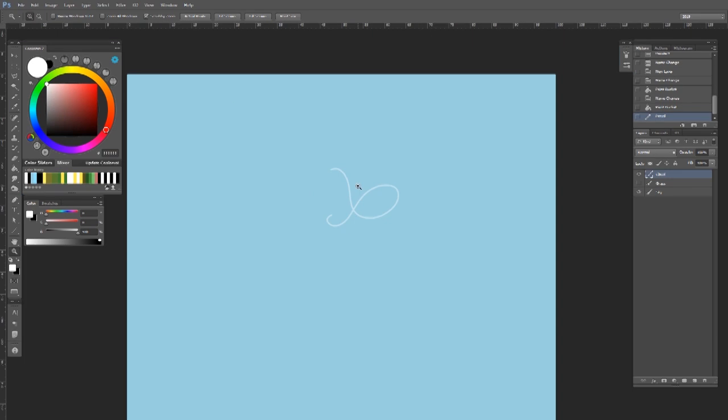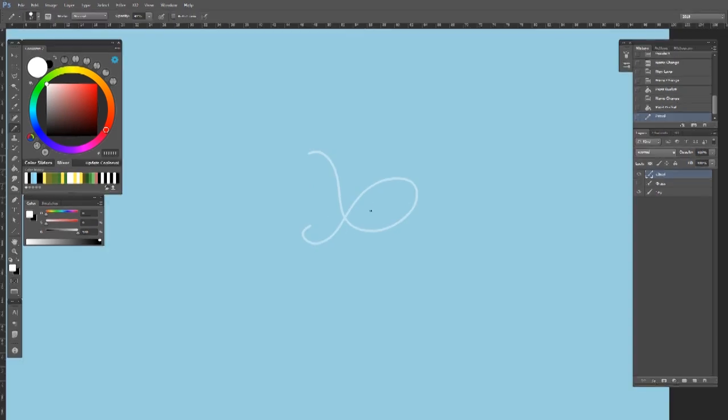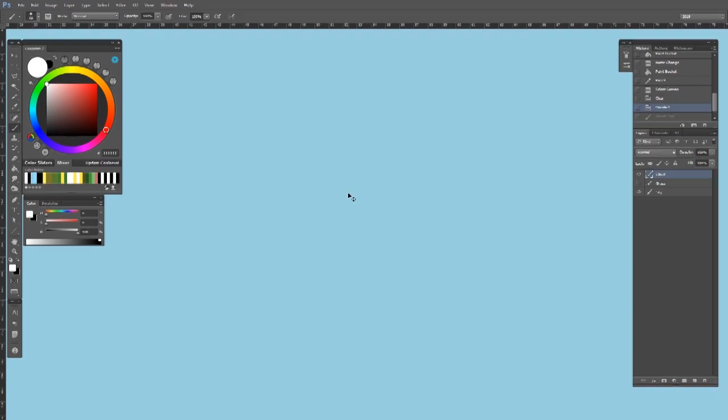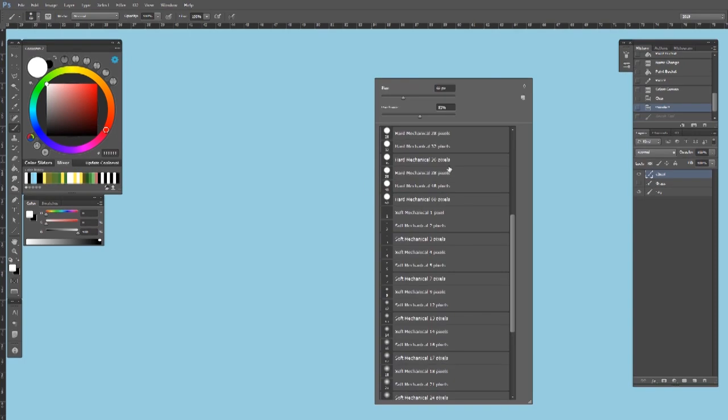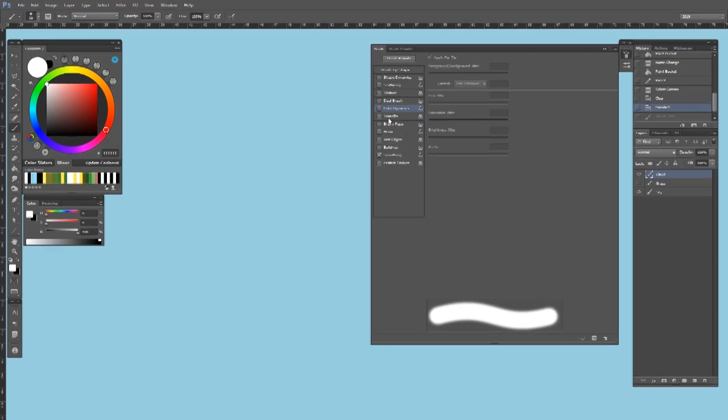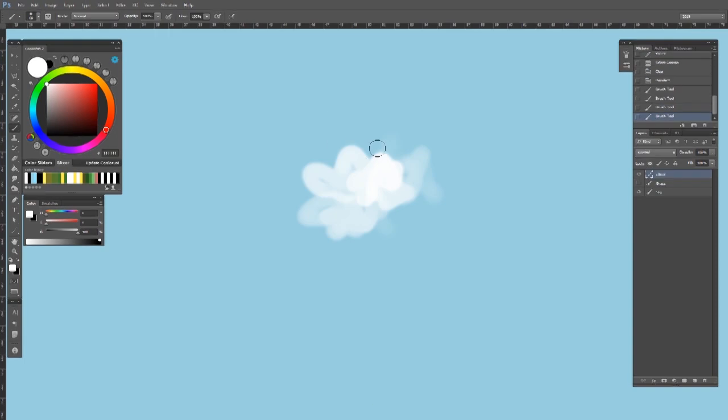Okay, so we're going to do the same thing we did before. We're going to create a cloud shape that we're going to clone a bazillion times to create lots of clouds. And I'm going to just change the settings of this default brush because I want transfer. So I'm going to create a very small cloud shape. I'm just pressing, light pressure,